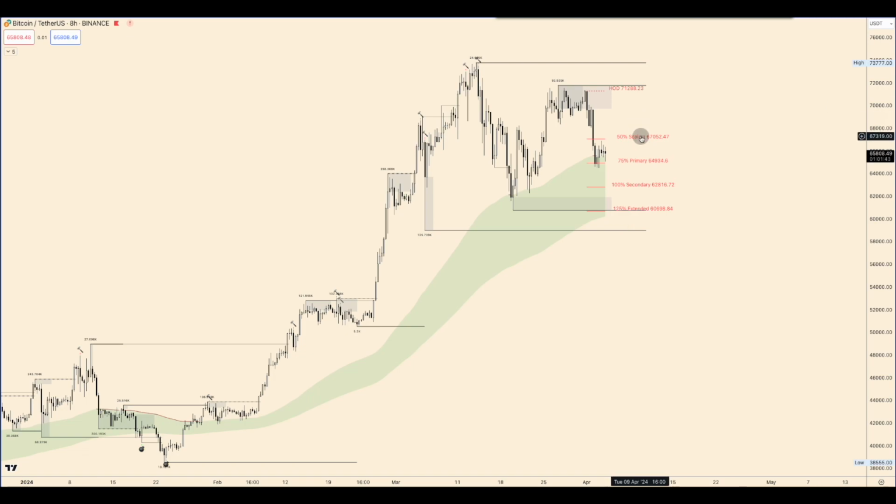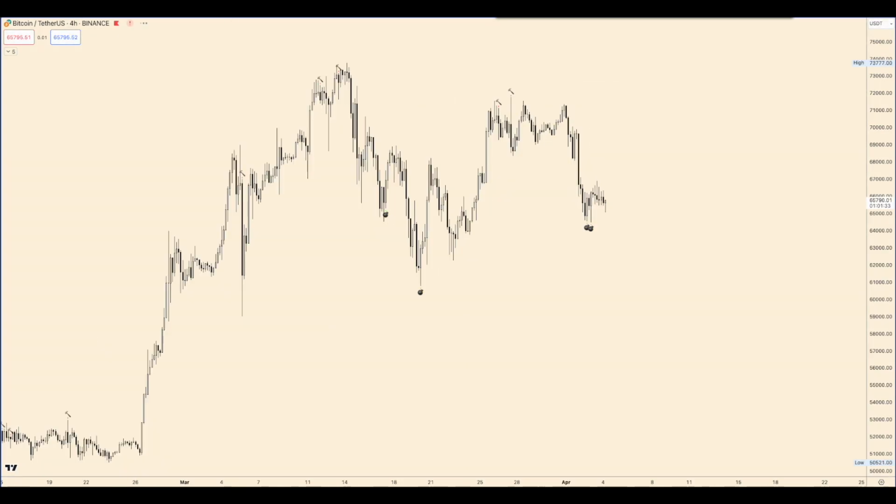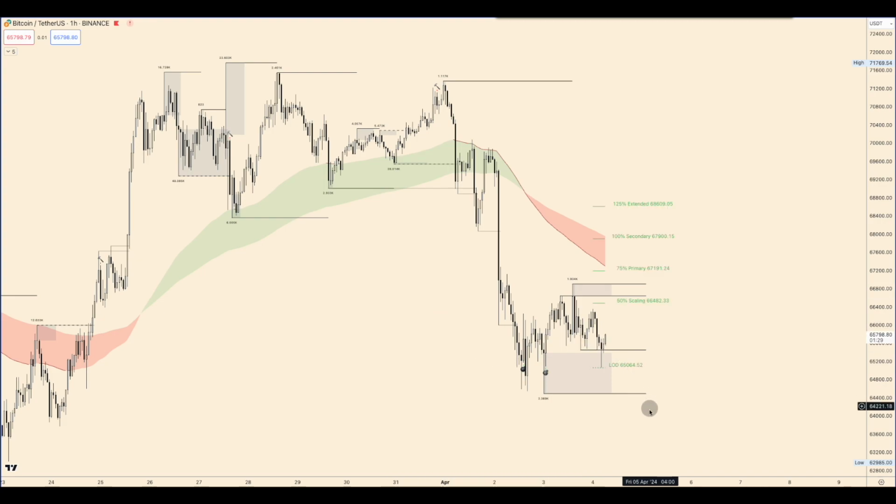Okay. And the other thing that is good, you can use the 1 hour. So let's go to the bull side, and we can do the daily, and we move into a bit lower time frame here just to take a look at this, so you can see how it looks. So in terms of today, right? So if you have a bullish day, right, you would see that price can break out towards,